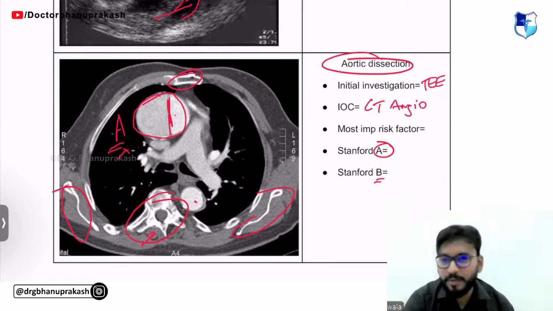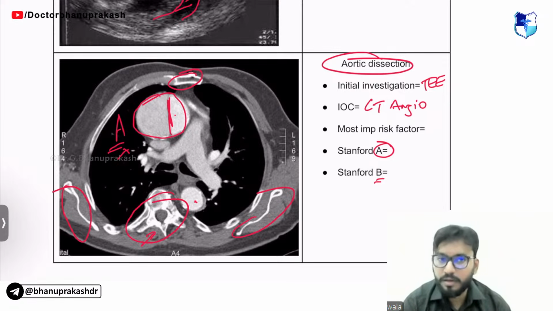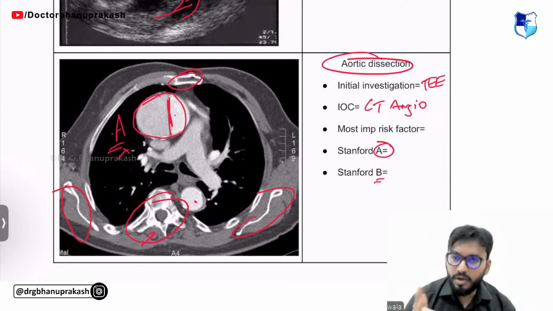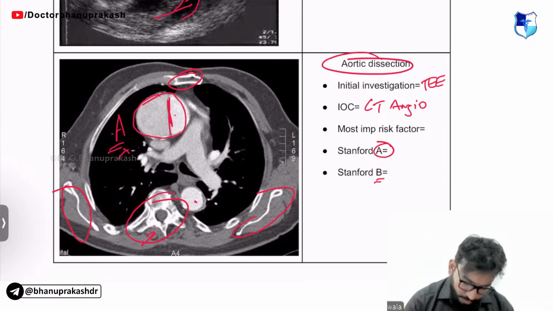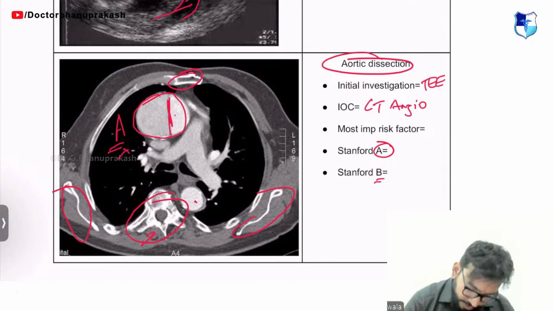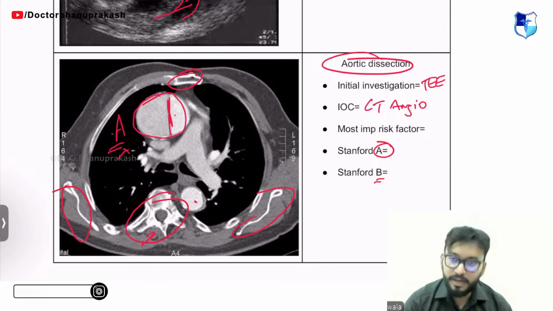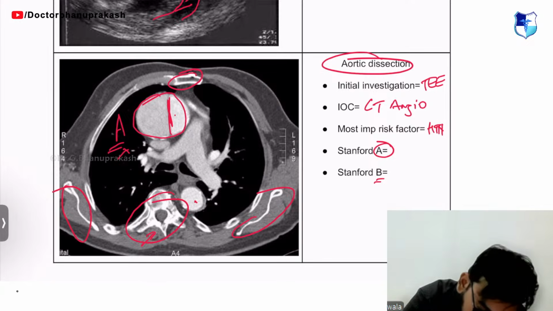Most important risk factor. Come on, guys. You cannot get this wrong. What is the most important risk factor? Why do you think the artery will just get torn suddenly? What can tear the artery in just a moment? Yes, hypertension. Very good, Jeevan. Very good. Yes, Nirisha. It has a tearing, radiating pain, yes, radiating towards the back. You're right. It is a tearing type of pain, usually seen in hypertensives. So the most important risk factor is hypertension.